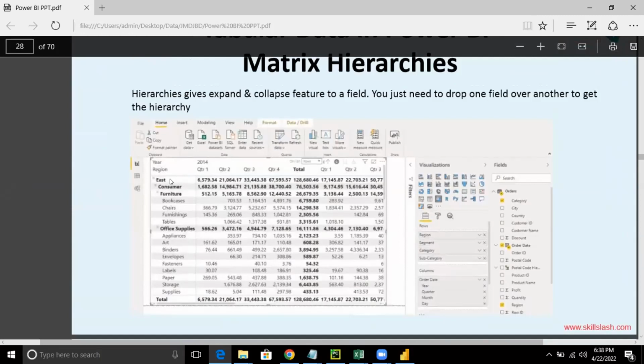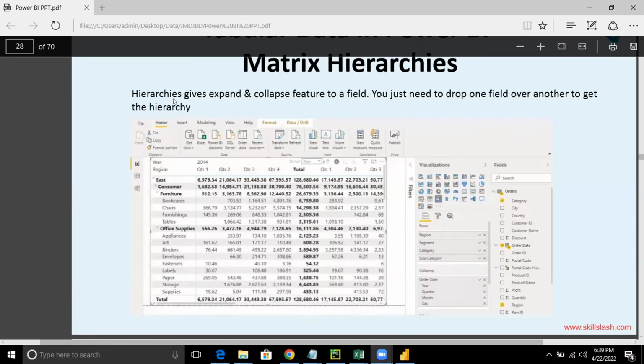I have got the east, the west. Let's say this is sales being depicted for Amazon.com, right? Amazon, let's say, has divided the sales into different zones. So let's say there is an east zone, a west zone, a south zone, and a north zone. And Amazon wants to find out what these different zones are: east, south, west, and north.